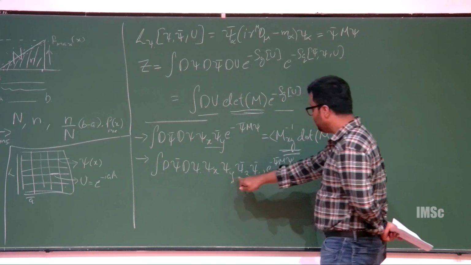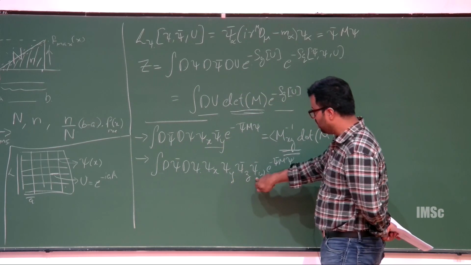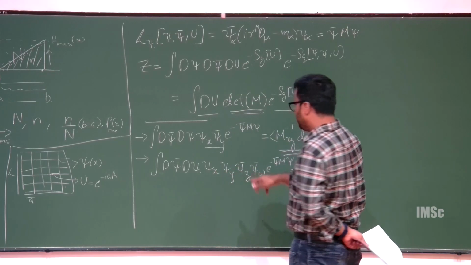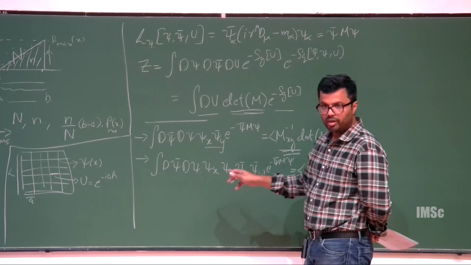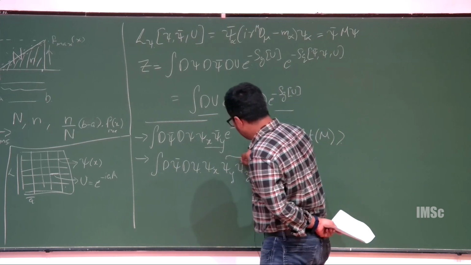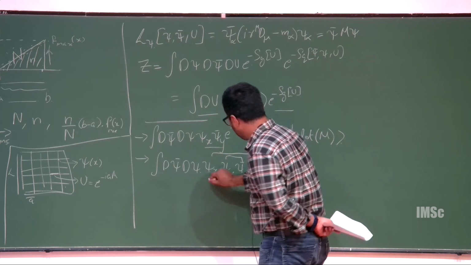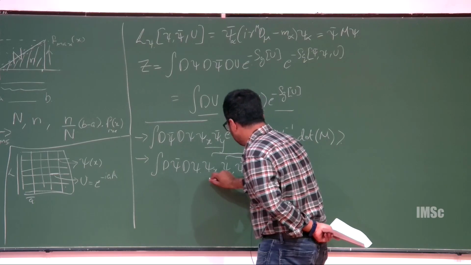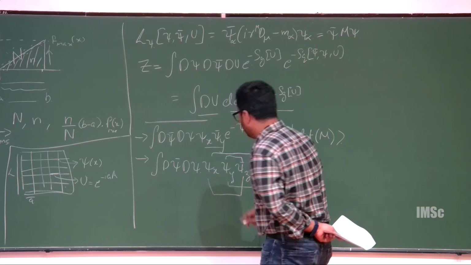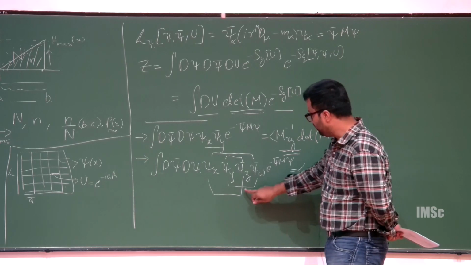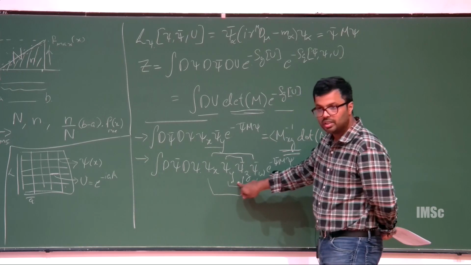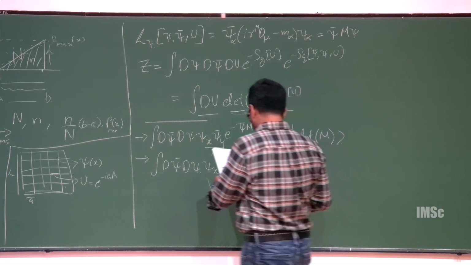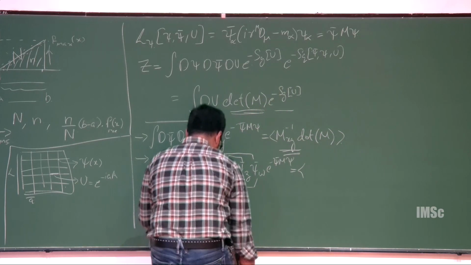So now you can see that there are two quark creations and two quark annihilations, which means that you can contract in two different ways. One way you can contract this way, and these two different contractions differ by just one quark interchange, or fermion interchange, that will introduce a negative sign. So I can write this down as,